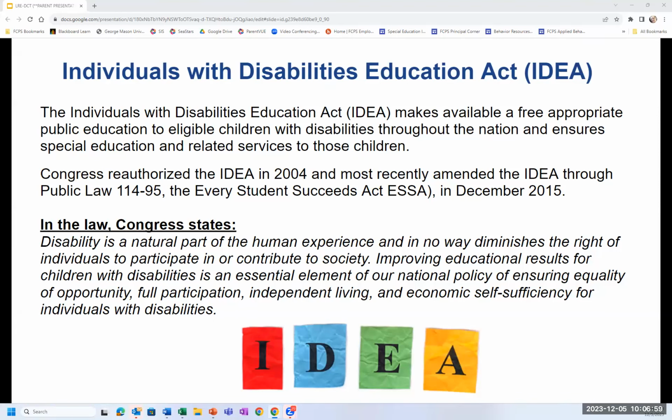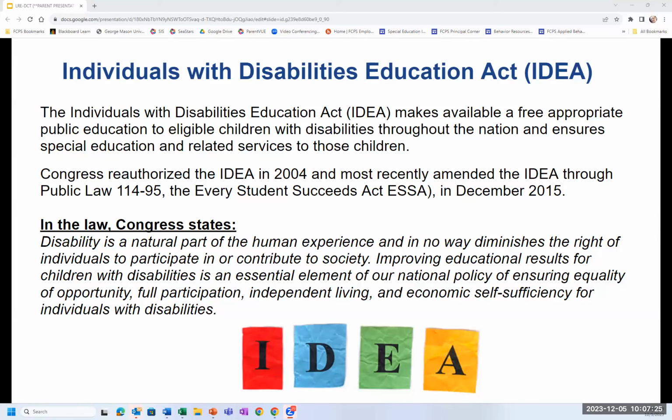Specifically, the LRE requirement within IDEA necessitates that students with disabilities receive their education alongside their peers without disabilities to the maximum extent appropriate. Students should not be removed from the general education classroom unless learning cannot be achieved, even with the use of supplementary aids and services.